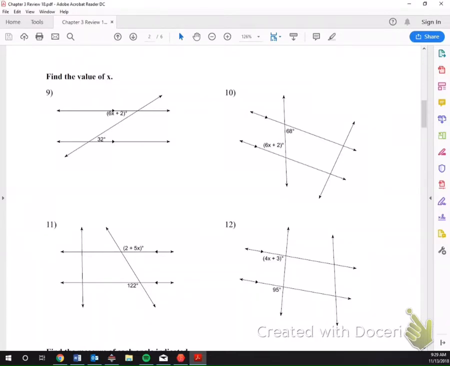So here on this first one, I go 1, 2, 3, 4, 5, 6, 7, 8. So I have 4 and 6, and I look at those and see that they're alternate interior angles, which means that they're congruent. So we're going to set them equal to each other. 6x plus 2, because congruent angles have equal measures. 6x plus 2 equals 32. We subtract 2 from both sides, and we get 6x equals